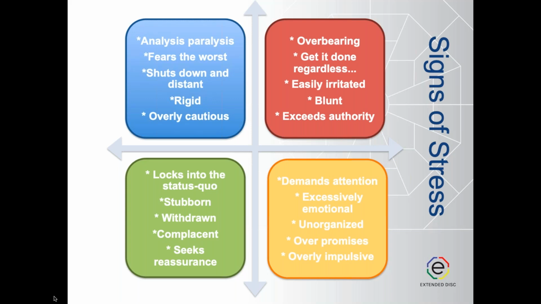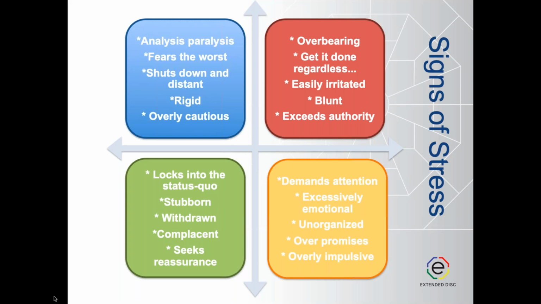And for Sam, our S style, our steady Eddie, he will lock into that status quo. All of a sudden, you see this, Sam, your colleague, become very stubborn, like this is the way we have to do it. That's how we've always done it. Or he can also just shut down, become more withdrawn, complacent. Those emotions we typically don't see on the reserved Sam. We don't see him at all. We don't know if he's excited, if he's mad, how he feels, or if he's even engaged. And there are times where Sam, our colleague, will run around checking in things with everybody. He wants reassurance. Again, a sign of stress for Sam.